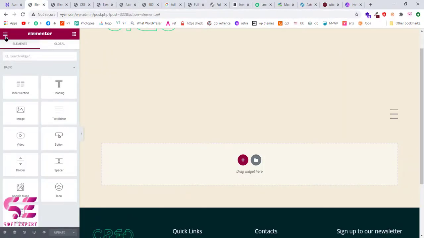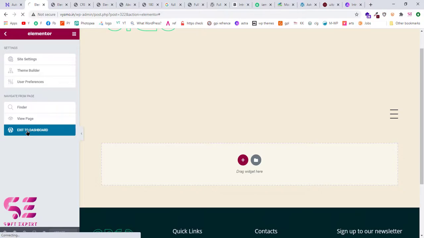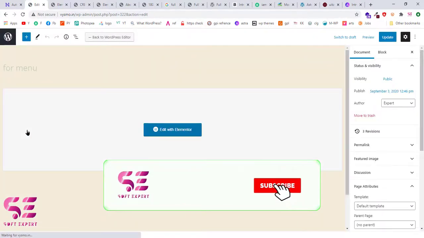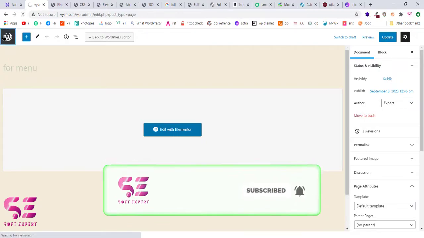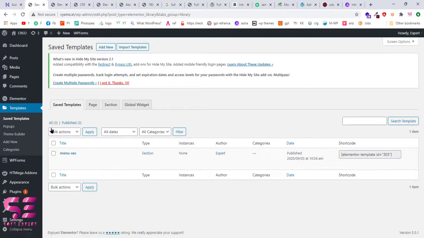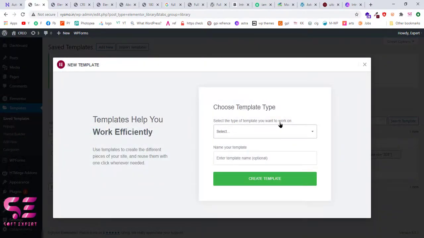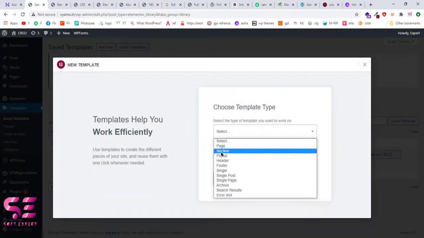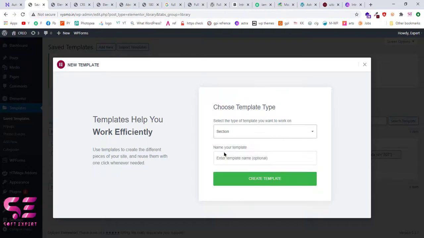To create this, exit to dashboard. Go to templates, saved templates and click add new. Now you can choose the template type, so just make it a section and give it a name.